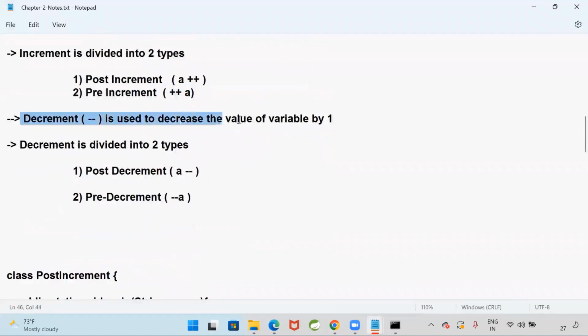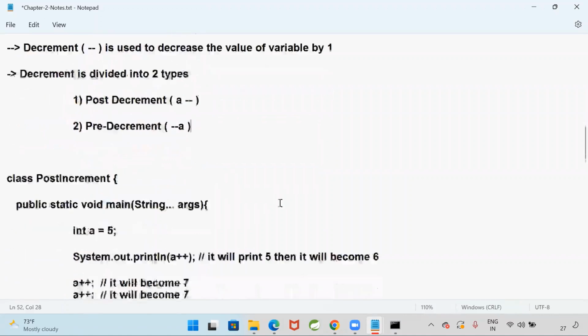Decrement is used to decrease the value of a variable by 1. Decrement is divided into 2 types: one is post-decrement, another one is pre-decrement. Now here we have done some examples on